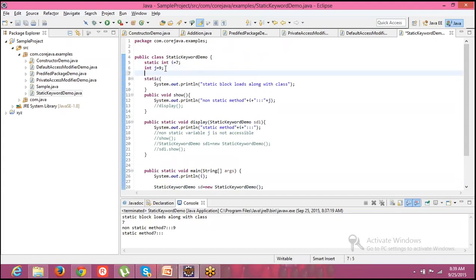So what is my intention of this session is, I wanted you to understand everything related to the static keyword. The static keyword can be applied to a variable, you understood, can be applied to a method, you understood, can be applied to a block, that you understood. So now my question is, you understood the static keyword, and you understood constructors. So now my question is, can we have static constructors?